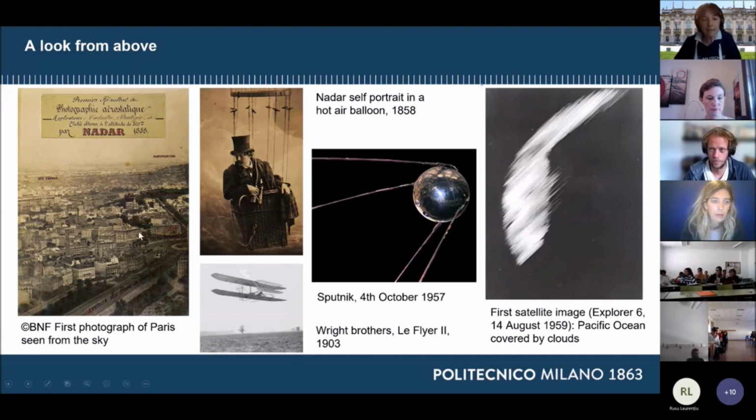Then, as a relevant step, we can consider the experiment of the Wright brothers when we had the first airplane flying. And you see here it was under 20 years ago. But then in 1957, so at this point, 70 years ago, we can say, we had the first artificial satellite, which is the